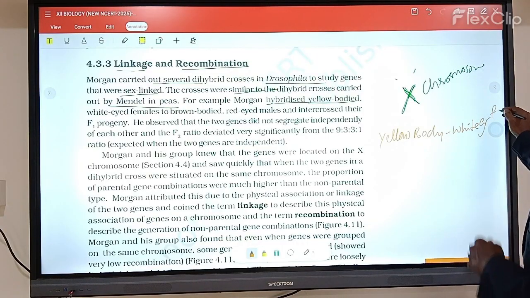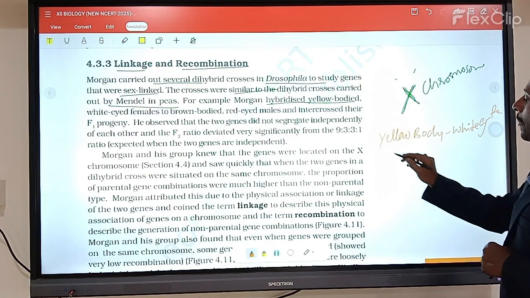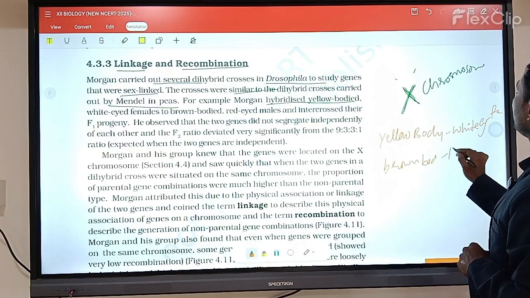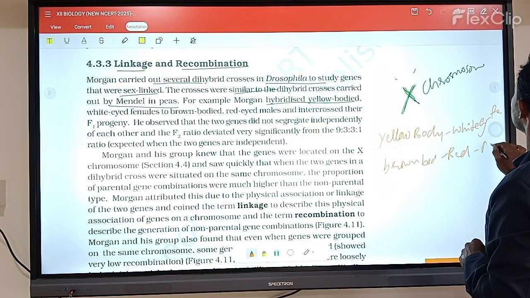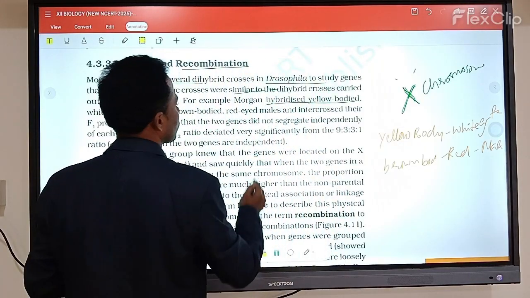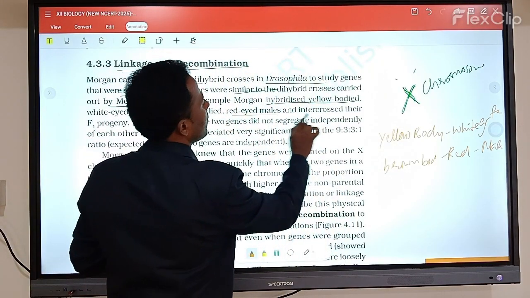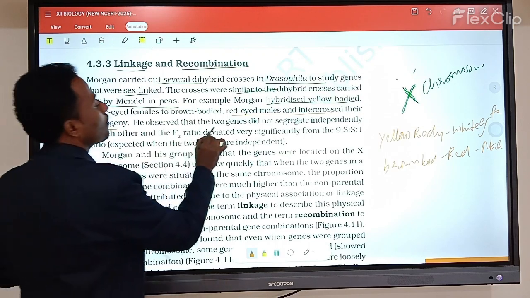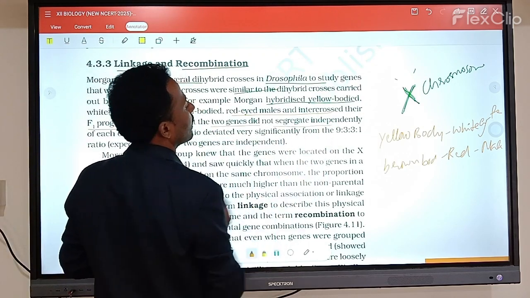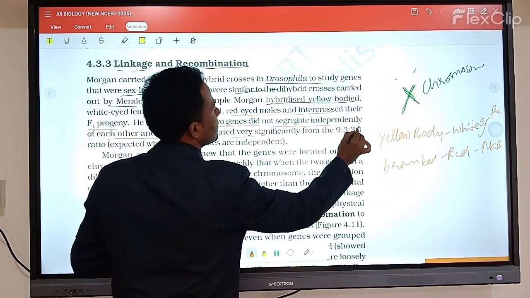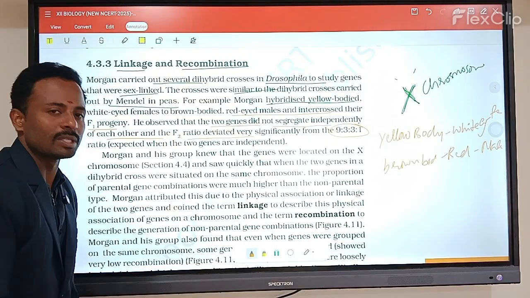this is the female. And the next one has a brown body and red eyes, which is the male fruit fly. So he did a cross. In the intercrossed F1 progeny, he observed that the two genes segregated independently of each other in the F2 generation,